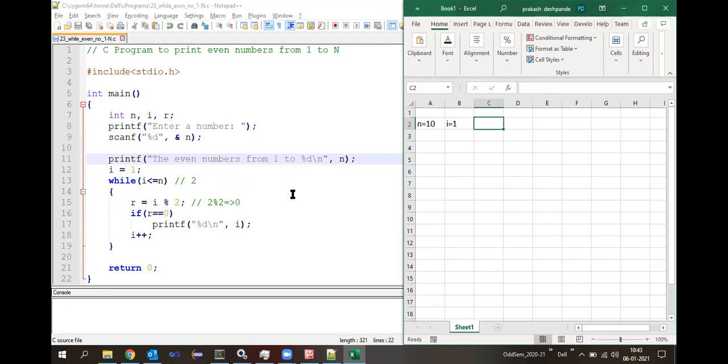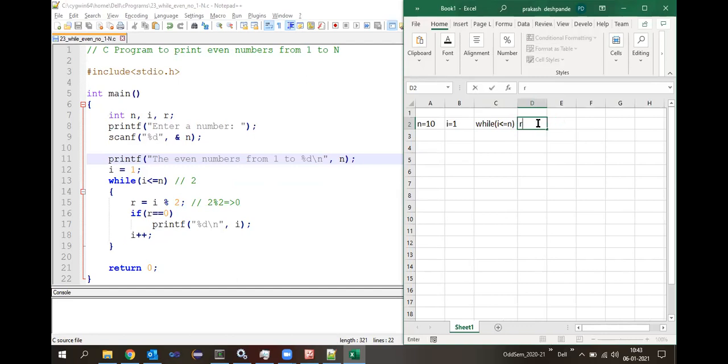Then next is what? The while loop, right? Now you can look here, we have a condition in the while, and inside the while we have one more if condition. So it is better that in the initial phases you write the complete statement here: while I less than or equal to n. Then the next is, if this condition is true, we need to work upon the next statements, right?